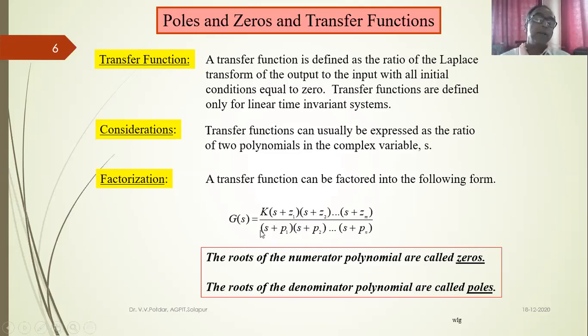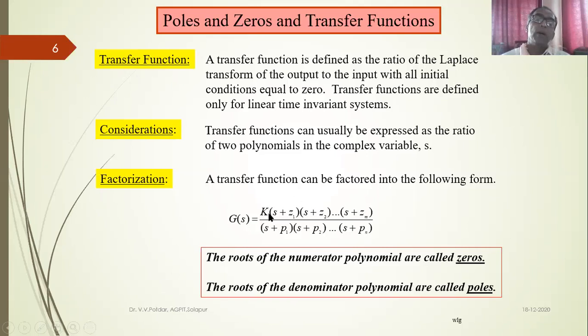So I can have a zero at the origin if I got multiple S, a first order zero or simple zero, and I can have a second order zero. Similarly, I can have a pole at the origin if I got S in the denominator. A pole at the origin means for S equal to 0, I have one pole. For S equal to minus 5, this is a simple pole or first order pole. If I got a quadratic factor, second order factor, S square plus 2S plus 1, whatever it is, I got a second order pole also. So I can have a constant in my transfer function.